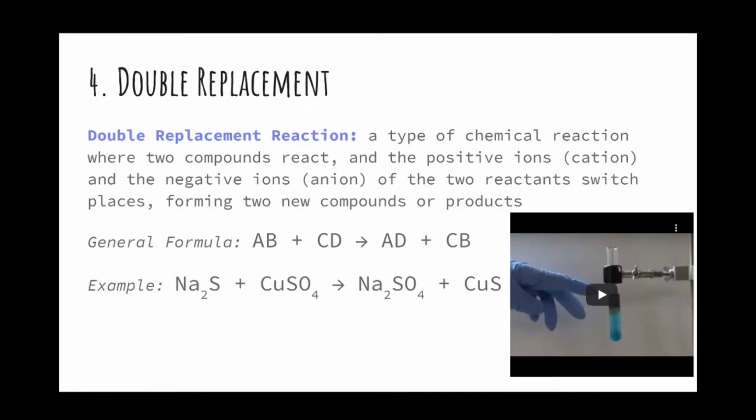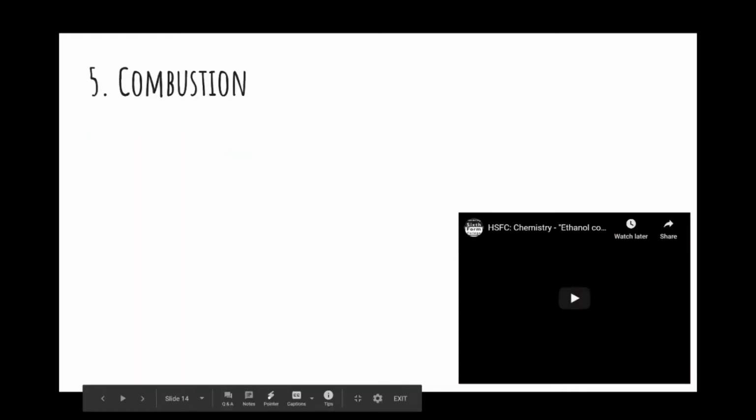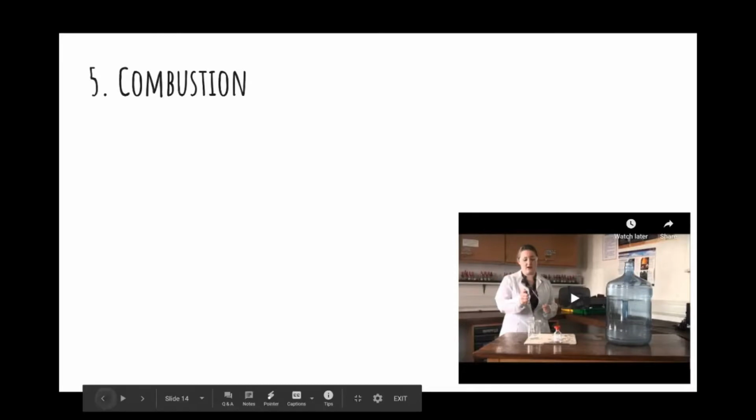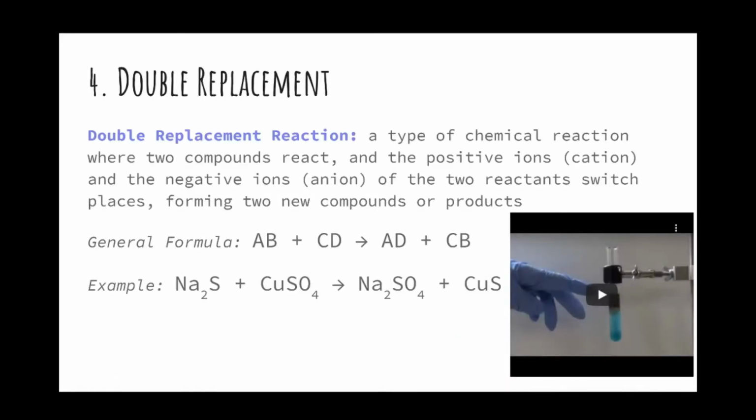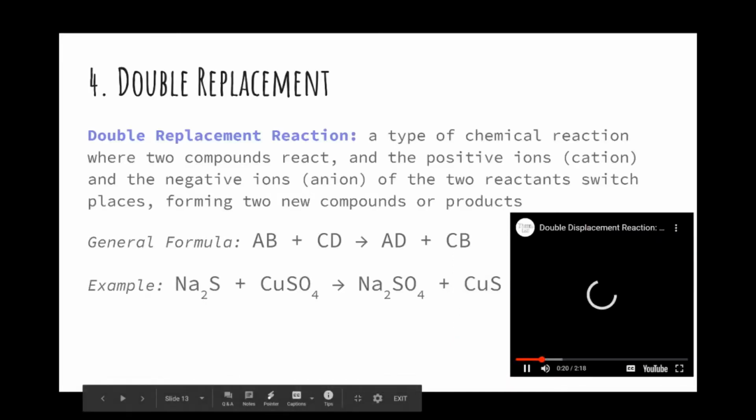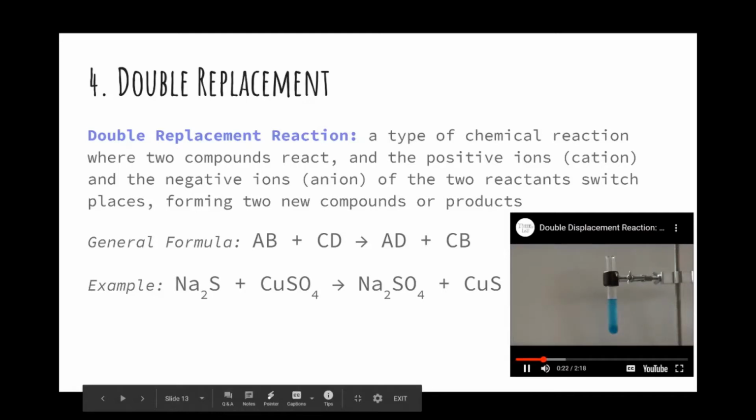And what we're going to see in this video is sodium sulfide, and it reacts with copper 2 sulfate, and it produces sodium sulfate and copper sulfide. Oops, let me go back again. There you go. First, I prepared a copper sulfate solution by dissolving a small quantity of copper